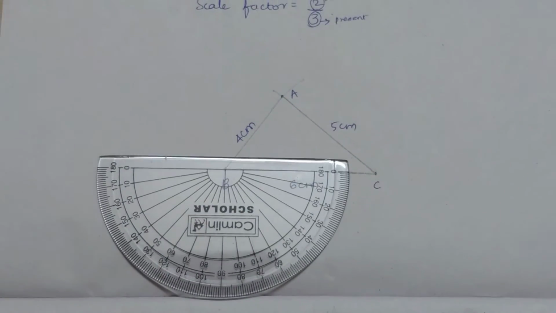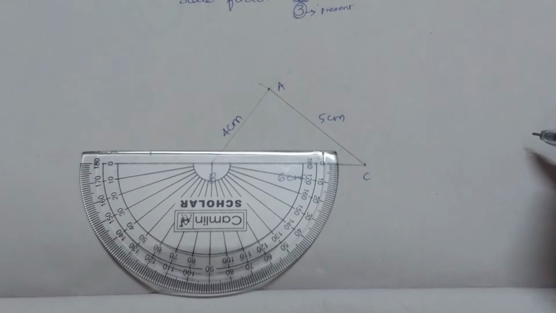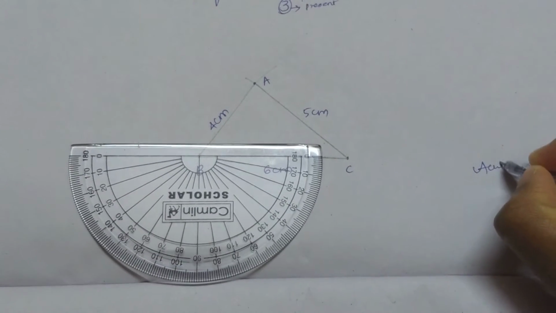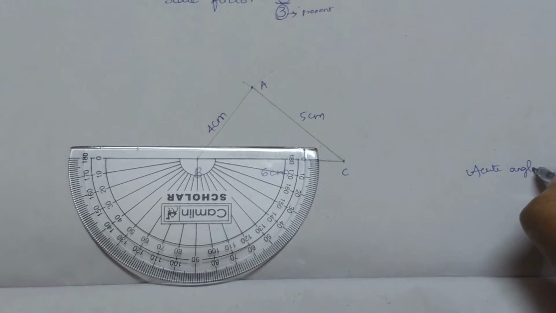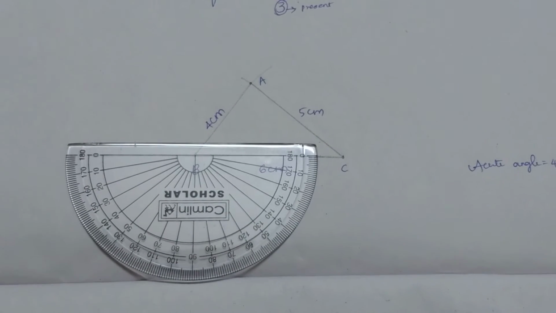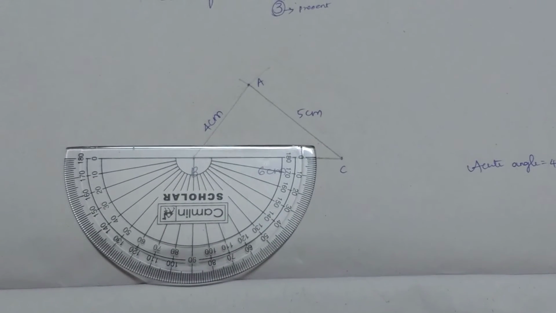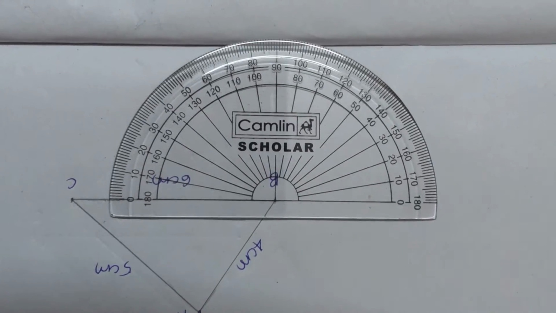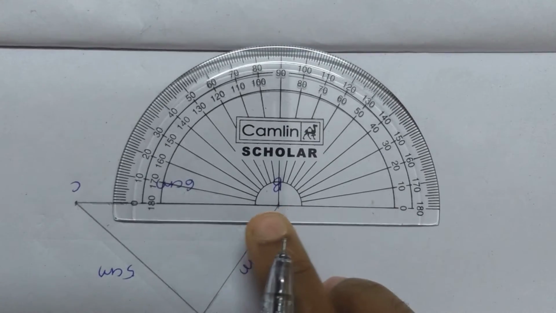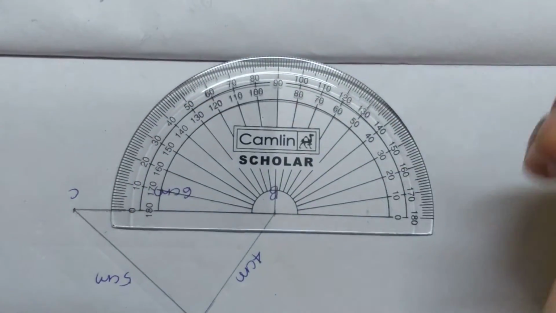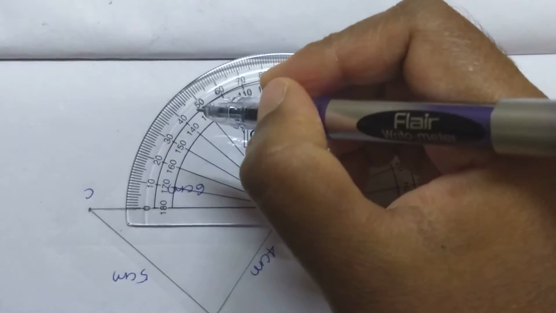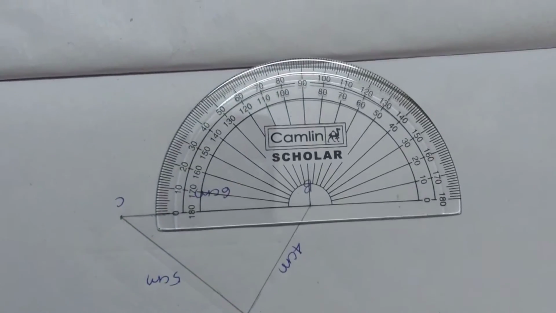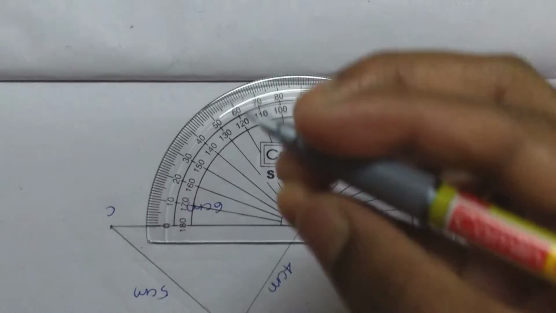Now let's take any angle, whatever it may be. Here I will take 40. Let the acute angle here equal 40 degrees. Let's plot the point at 40 degrees and draw a ray. See here, 40 means the point will be coming here. Let's plot the point now. Write 40 here.